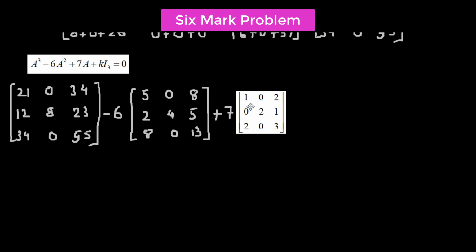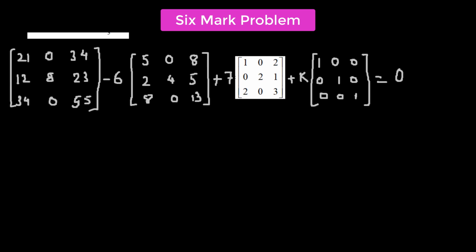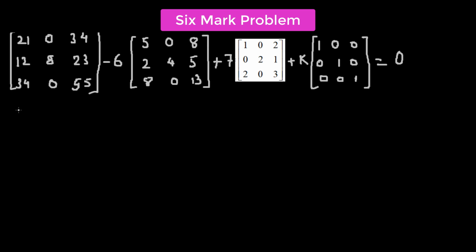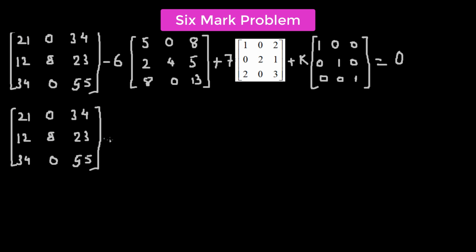So we have A here plus K times the identity matrix. K times the identity matrix of order 3 will be 1 0 0, 0 1 0, and 0 0 1. So this will be equal to the 0 matrix. So let's write it as 0 for the time being. Then we multiply this scalar. So the first one remains the same, minus of